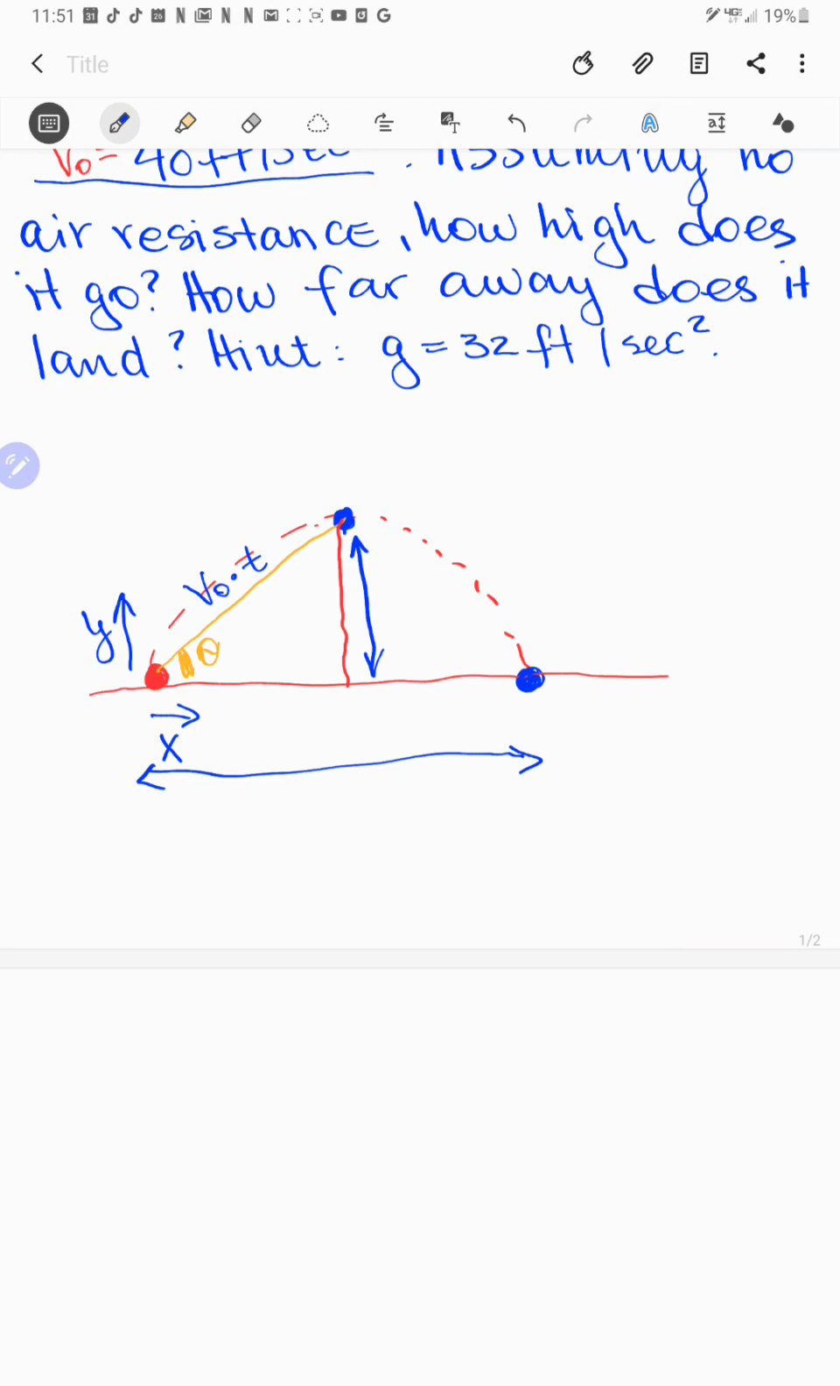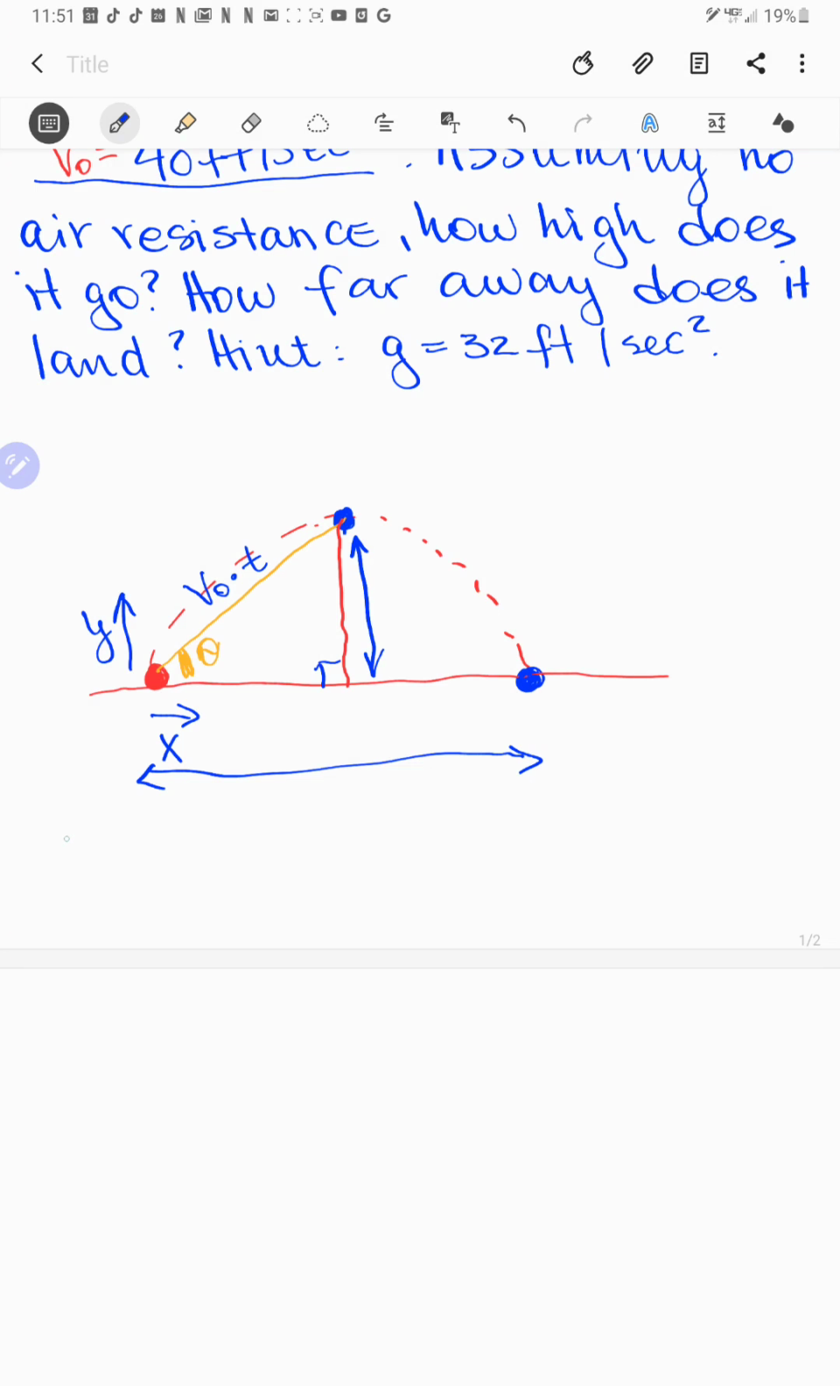And if you notice right here, we have a right triangle with the theta, where theta is the angle at which the ball was thrown, and the hypotenuse is basically how far the ball has traveled, because it was thrown with initial velocity of 40, or v naught in this case, feet per second, and it traveled t seconds. So based on that triangle with the hypotenuse v naught times t, we can find that